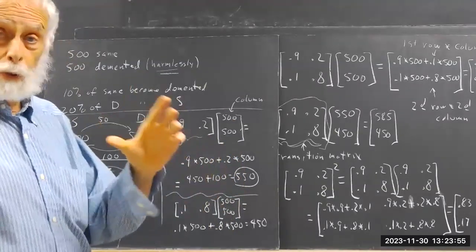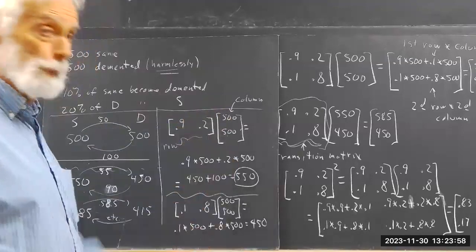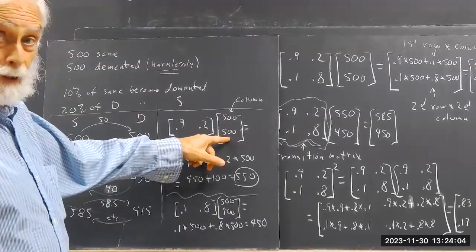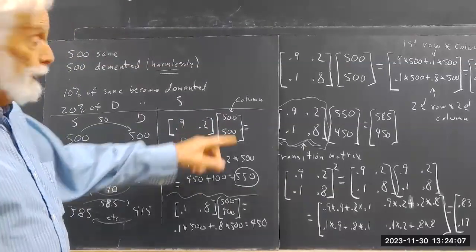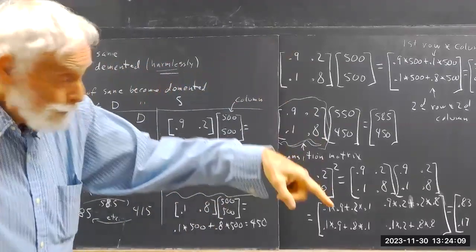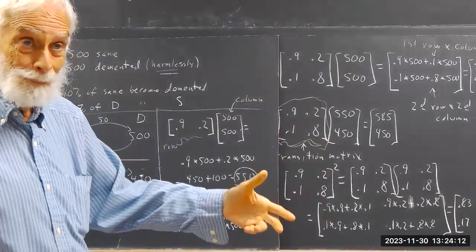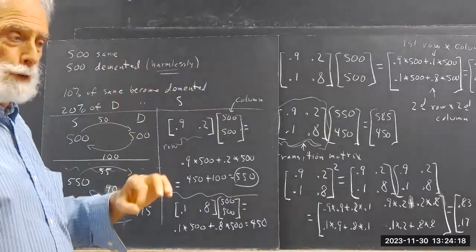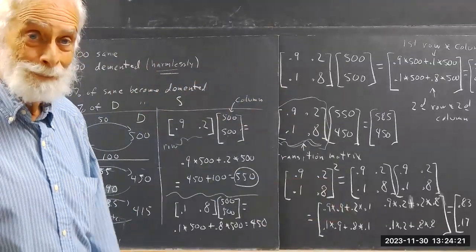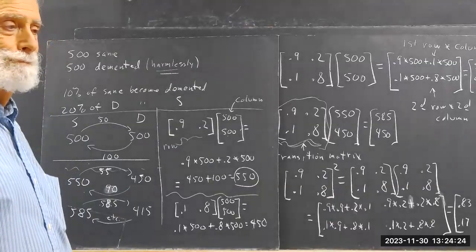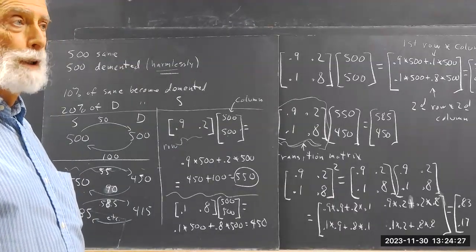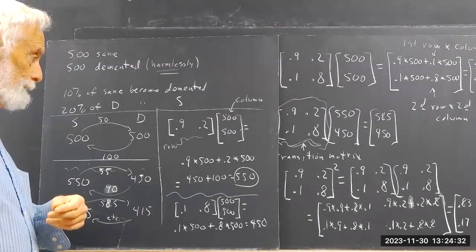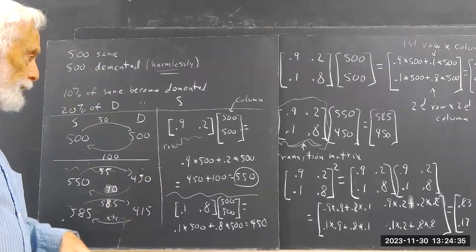Here's how we multiply a row by a column. Take the first number in the row, multiply it by the first number in the column. Take the second number in the row and multiply it by the second number in the column. And then if there's a third number in the row, there better be a third number in the column or you can't multiply it. And a fourth number in the row times a fourth number in the column, all the way down to the 3 millionth number in the row times the 3 millionth number in the column. And calculations are actually done with matrices much bigger than that. And they kind of govern half of what goes on in finance. But anyhow,